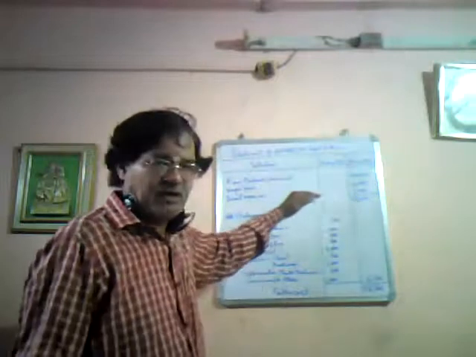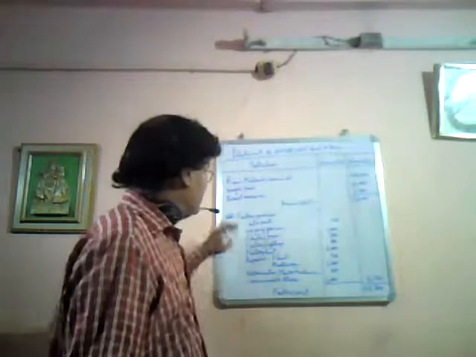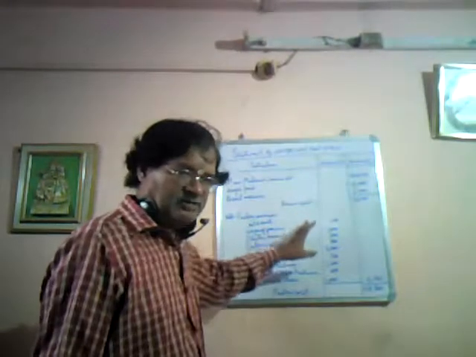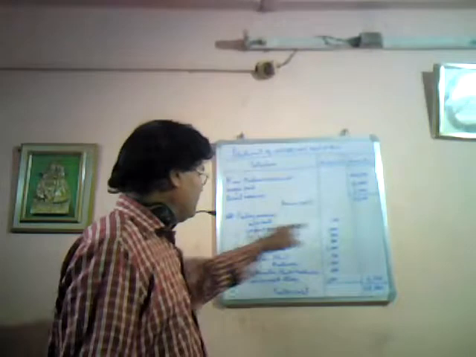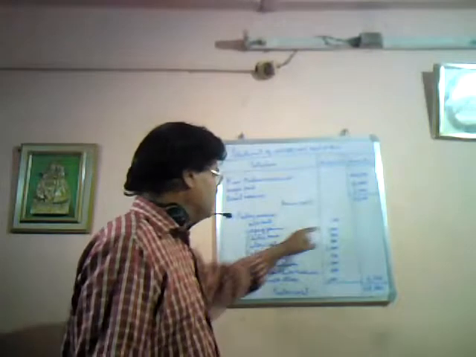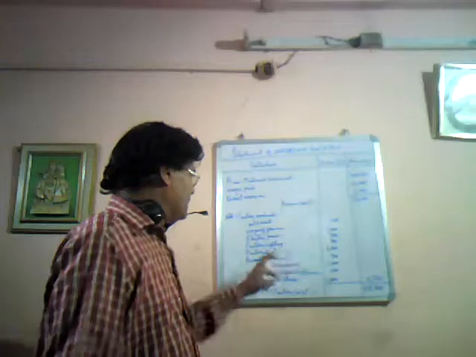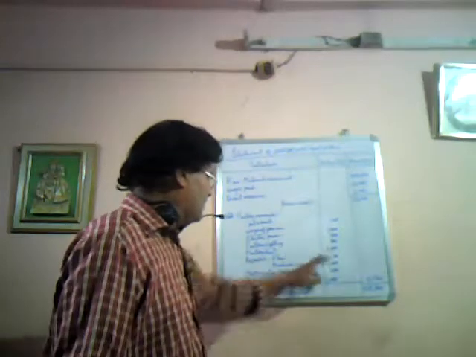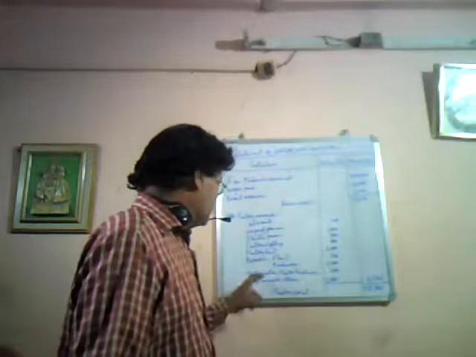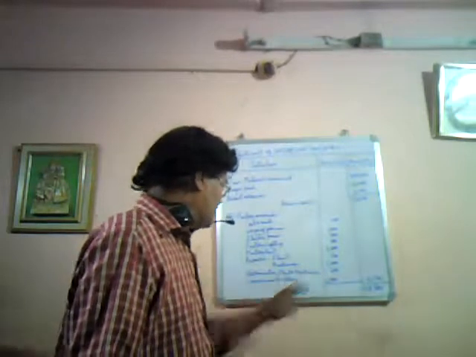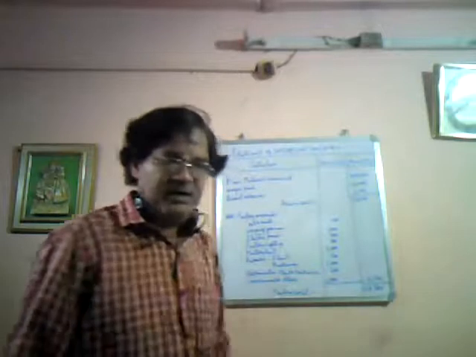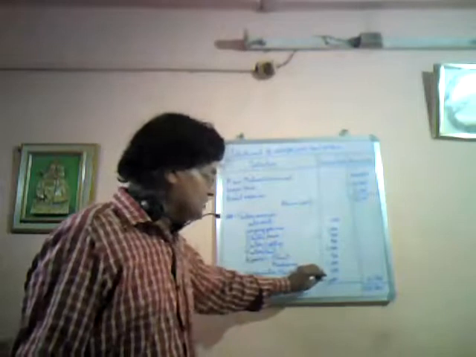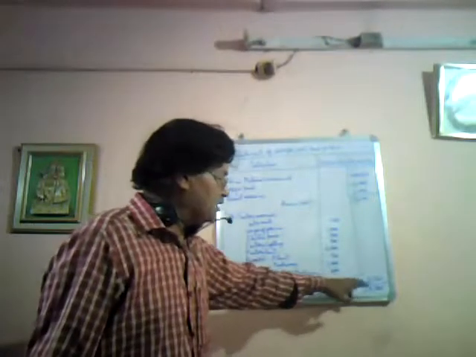For this prime cost, you have to add factory overheads. What are the factory overheads? Inner column I am keeping. All the items I am keeping in inner column. Oil and waste 100 rupees. Wages of foreman 1000 rupees. Electric power 200. Factory lighting 500. Factory rent 2000. Repairs plant 500 rupees. Machinery 1000 rupees. Depreciation plant and machinery 200. Consumable stores 1000. So these are the items that we come across regarding the factory. So when we add all these things in the inner column, the total comes to 6,500.